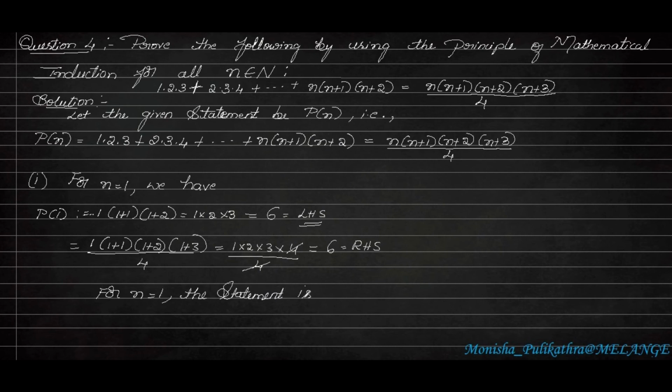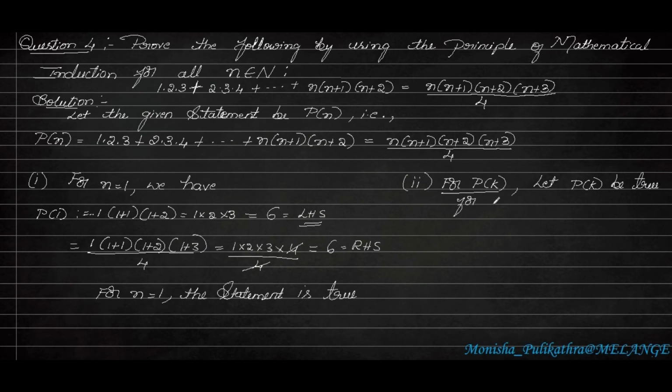The statement is true. So we have proof for the first segment, that is for n is equal to 1. In the same way, we have to prove it for the second one, that is for P of k. So for P of k, let P of k be true